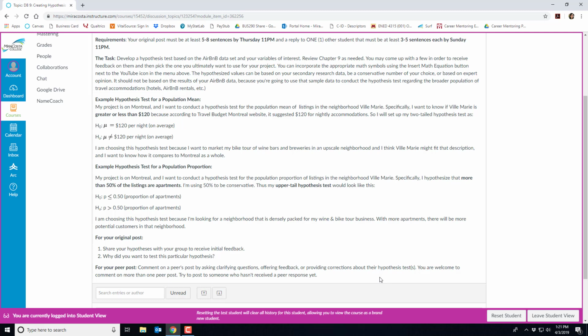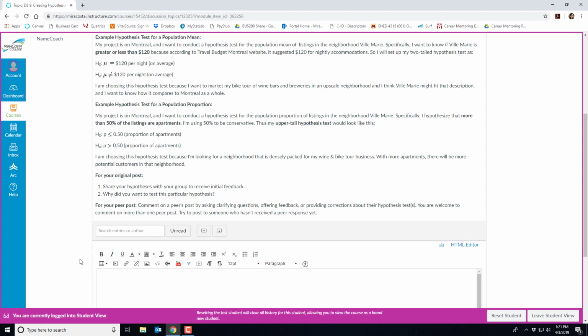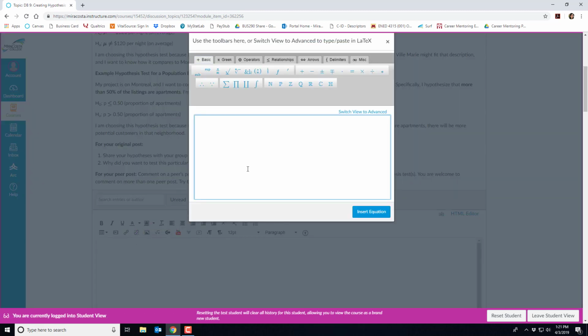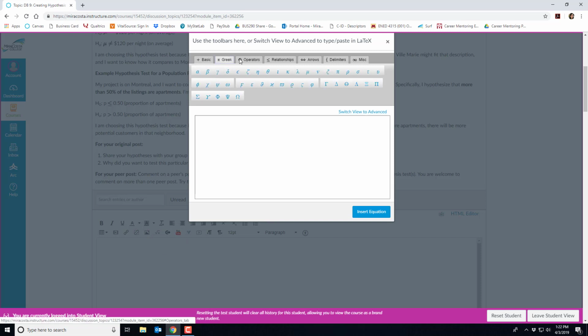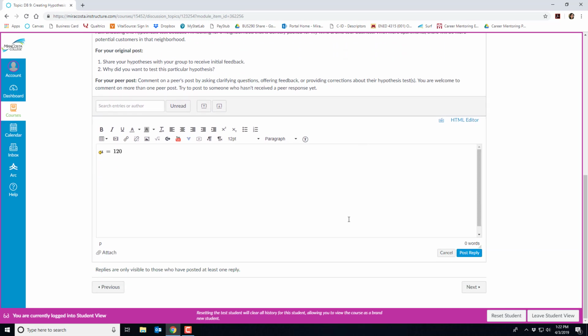So I'm actually going to go ahead and open up the reply here, and I'm going to pretend that I'm creating my null and alternative hypotheses. So this little button right here, this is the insert math equation. And so this is where you can find the math symbols. If you want to include, let's say here's my mean, that one I'm wanting to test equals that $120 per night. And I'll insert the equation there. And so you can see there's my